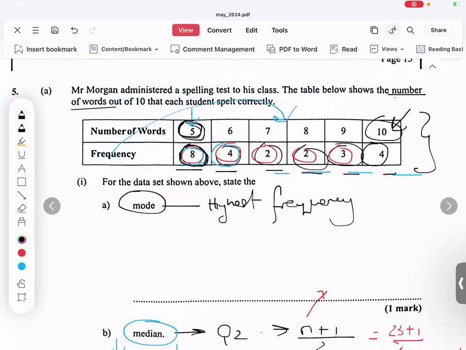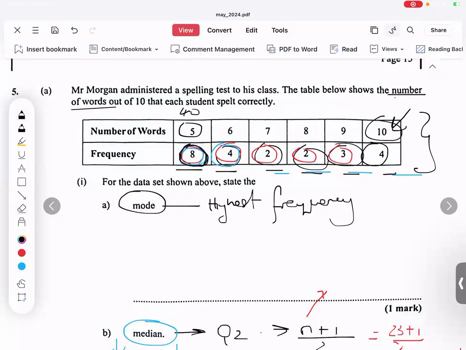If 8 persons spelled 5 words correctly, there's no guarantee that they spelled all the same words correctly, but together, how many words did they spell correctly? 40. All right. So between those 8 persons, in total, whether it be the same words or not, 40